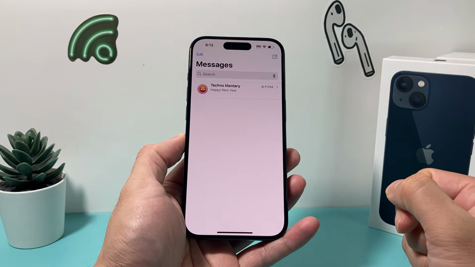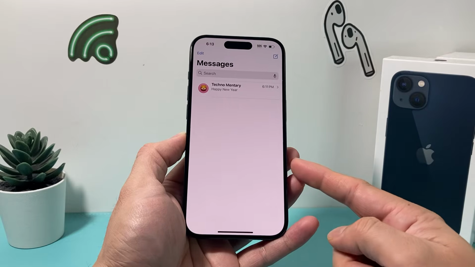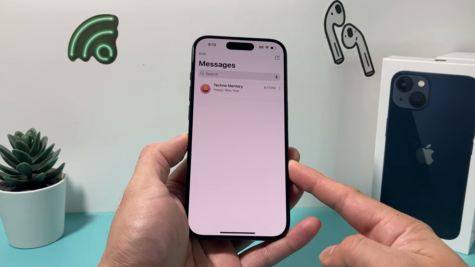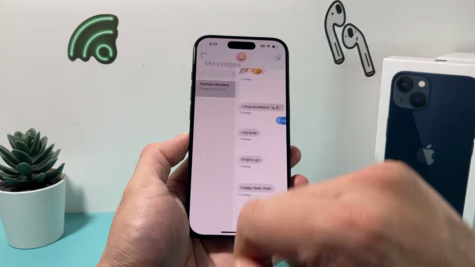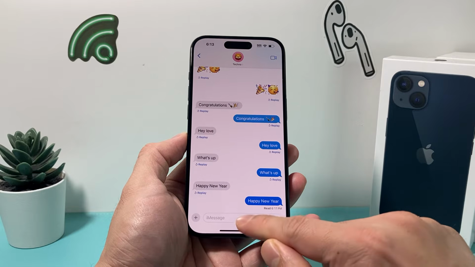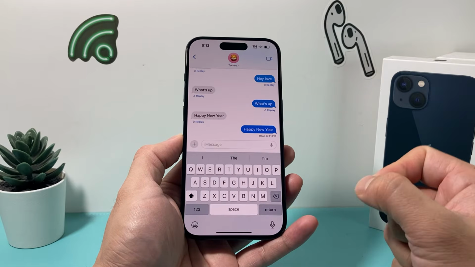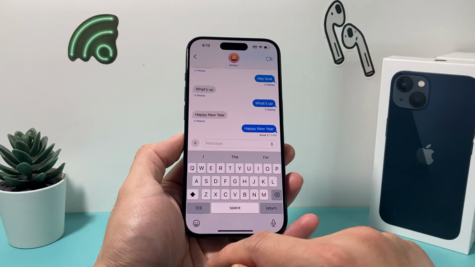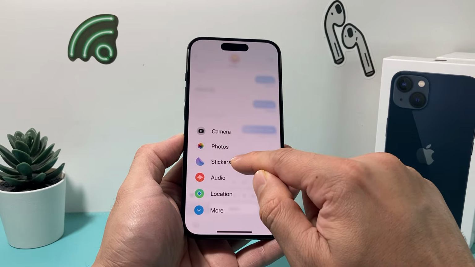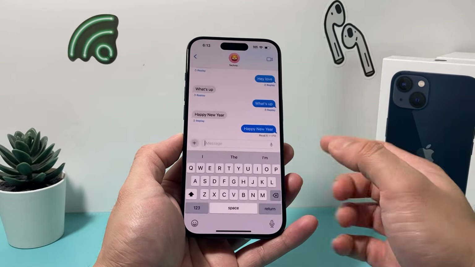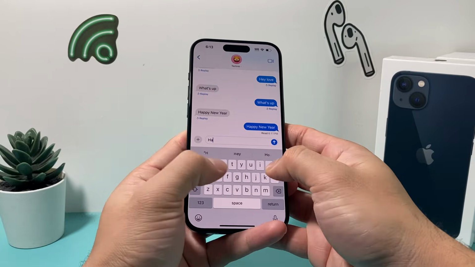Once you open up your Messages app, find the person that you'd like to send a message with that celebration special effect. So I'm going to go ahead and select that contact here. The first thing you need to do is either write a message or pick an emoji or even send them a sticker or a photo that you'd like to send them. So I'm going to do happy